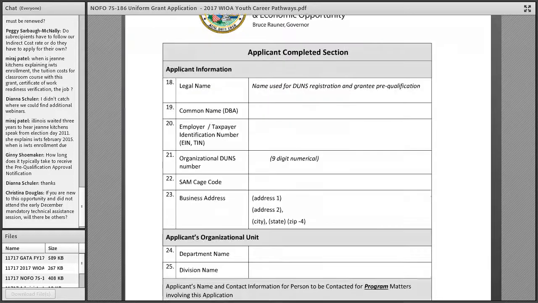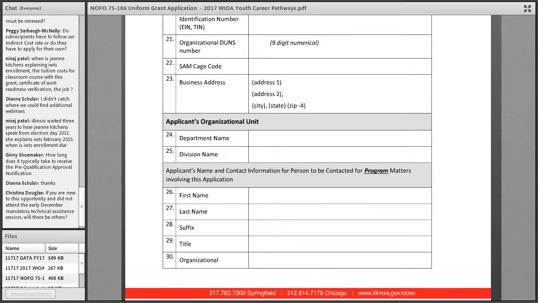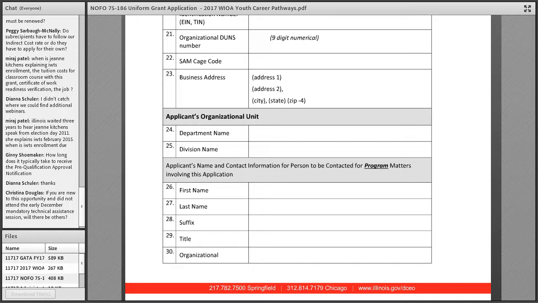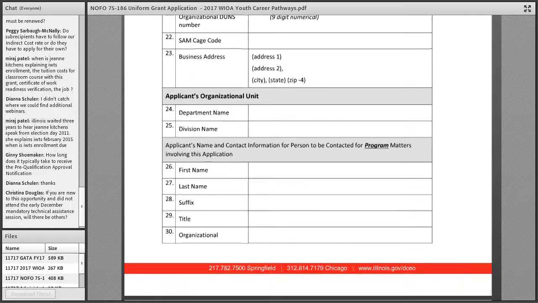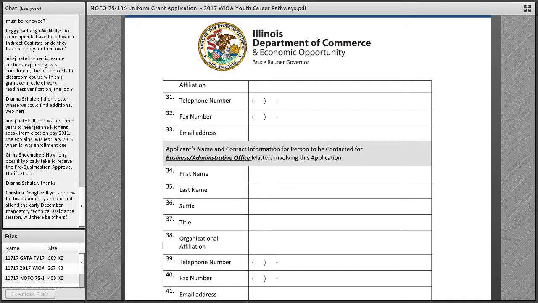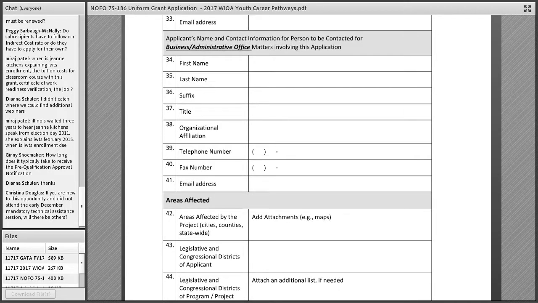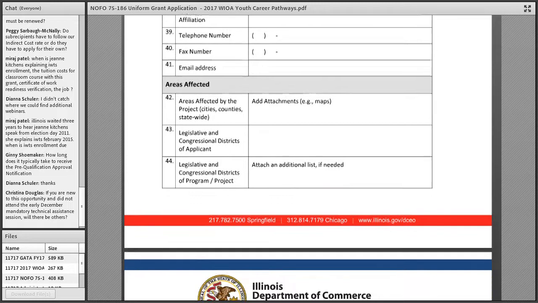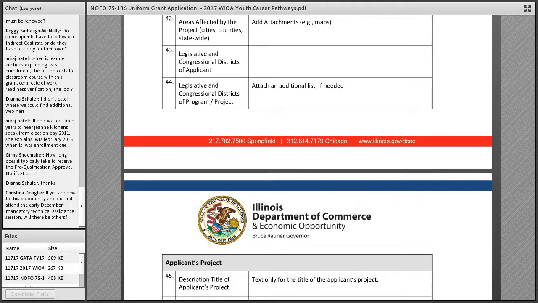Additional application information: your legal information. Again, we're keying that on your federal taxpayer ID number as well as your DUNS number. That's definitely key because that's where we look at how you're registered. Those are really the key numbers that the state uses to determine your risk factors and how you're registered. Organization contact information, and the contact in your finance and administration office, and that's obviously if we've got questions around your risk assessment or other admin issues. We ask that you provide information about the areas affected, legislative and congressional districts,